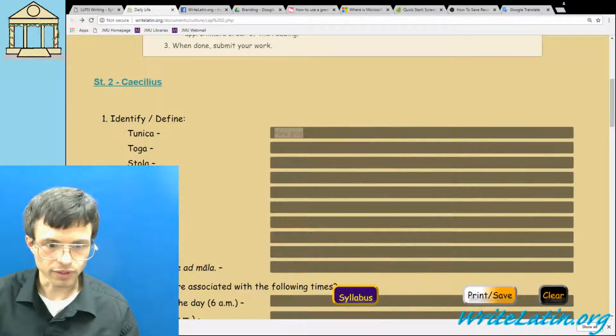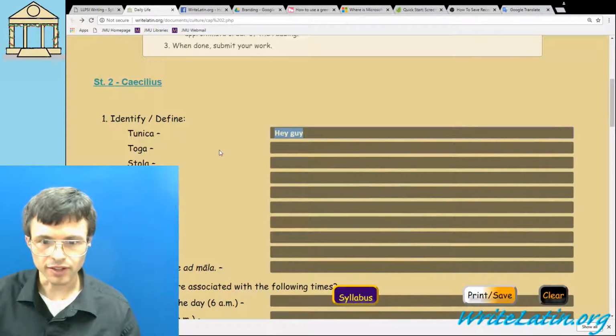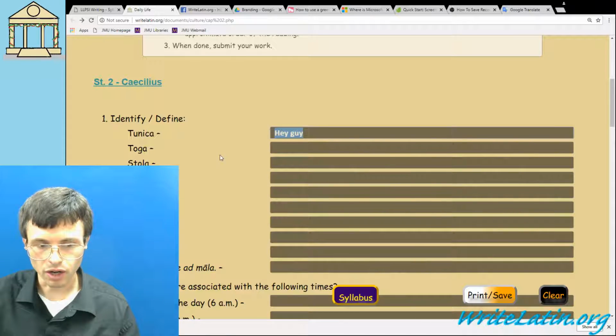You might want to stop and imagine yourself pushing each of these things on the keyboard and feel how it feels and remind yourself not to do that. Because if I hit, for instance, Control R, okay, so let me try this. So I've got "hey guy" written here. Now if I, for instance, hit Control R,